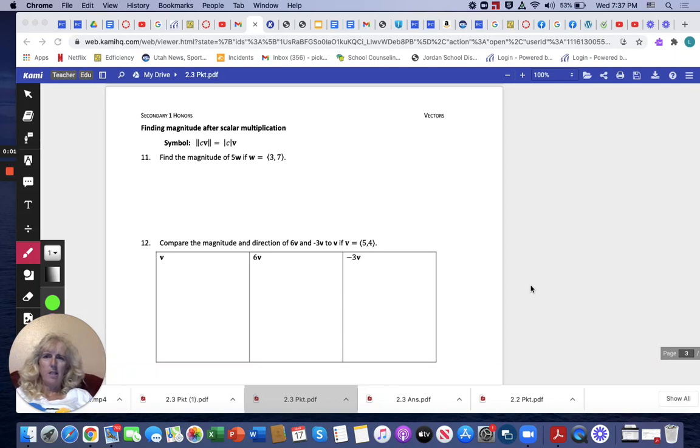Hello students, today is a continuation of finding the magnitude after scalar multiplication. So first we're going to find the magnitude without the scalar. So the magnitude of this W, 3 comma 7, is what we have to do is go